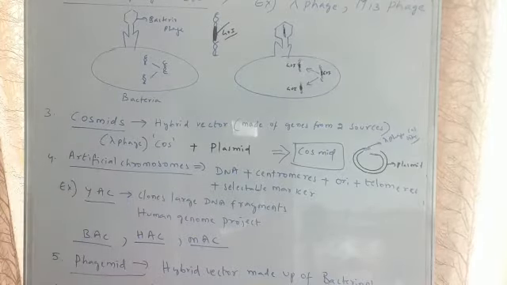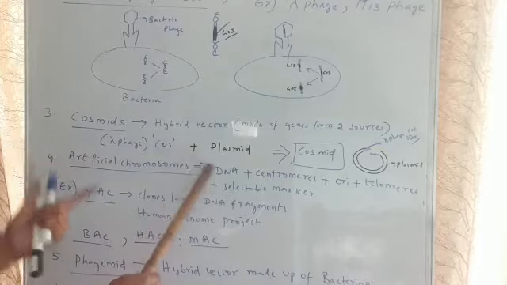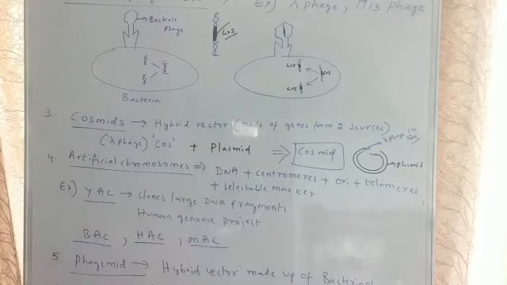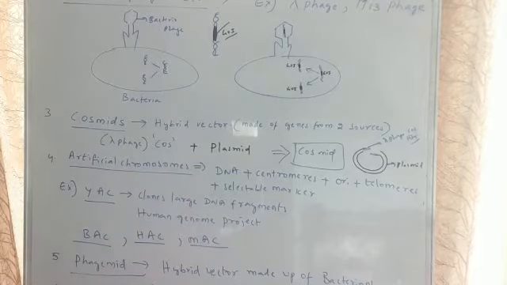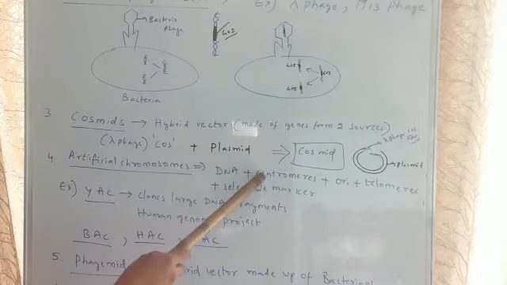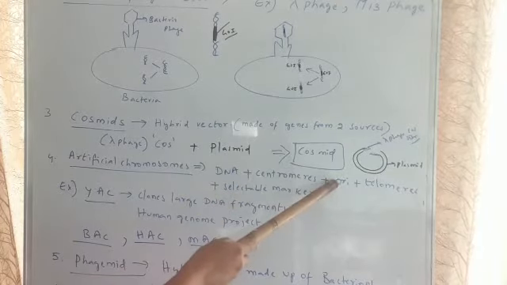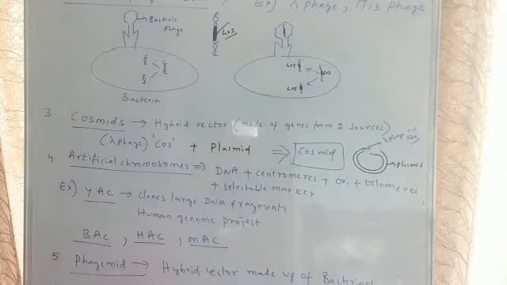Now what are these artificial chromosomes? Artificial chromosomes are the DNA. We are preparing these cloning vectors artificially in the laboratory, where we attach the DNA with centromeres, we add ORI regions, we add telomeres, and we add selectable markers. That means what? To a